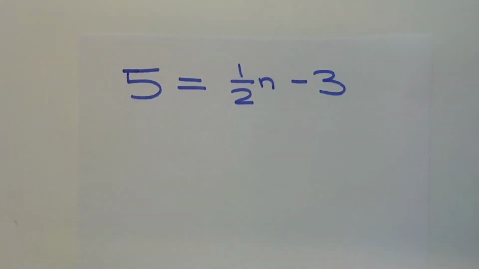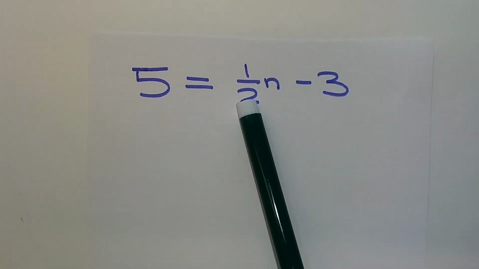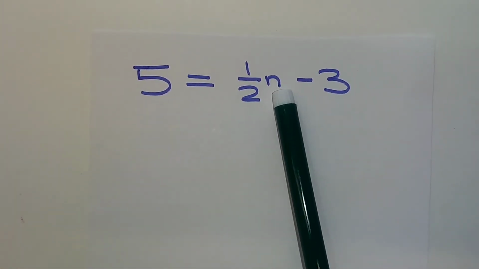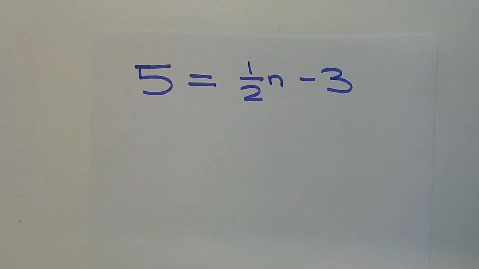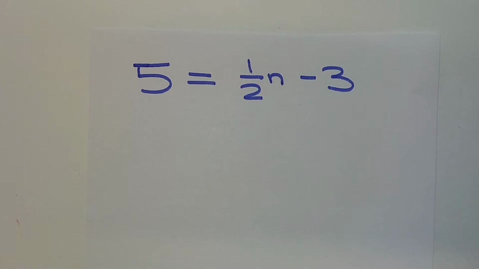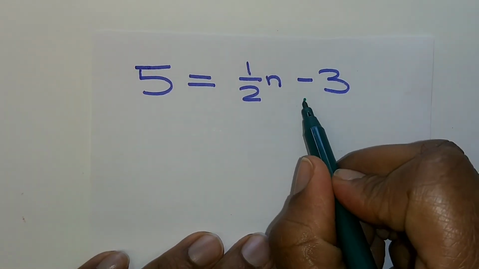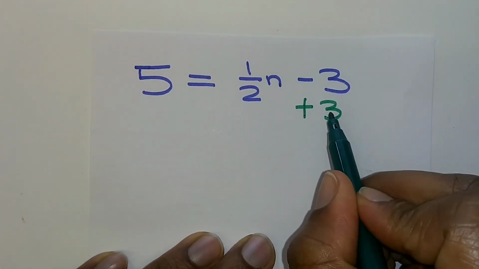What operations do you see here? You see subtraction. What else? You see multiplication, because this is 1/2 times n. And then you may also see that this is division as well, because a fraction is division. So let's get rid of this -3 by undoing that with a +3 on the right side of the equation